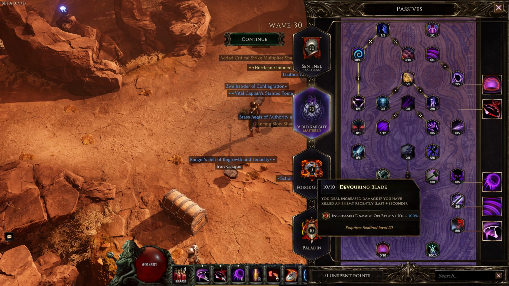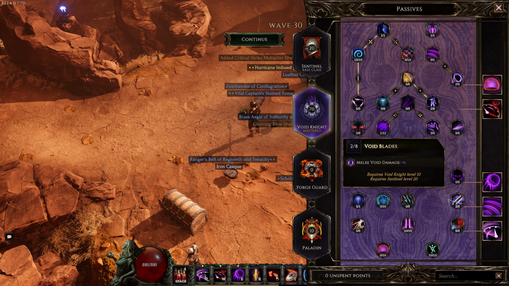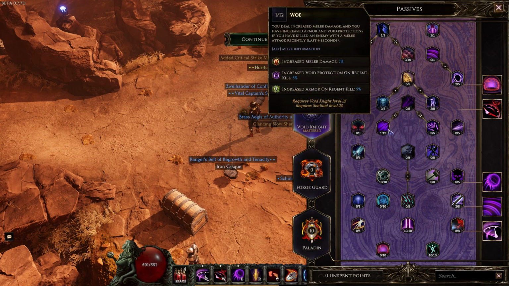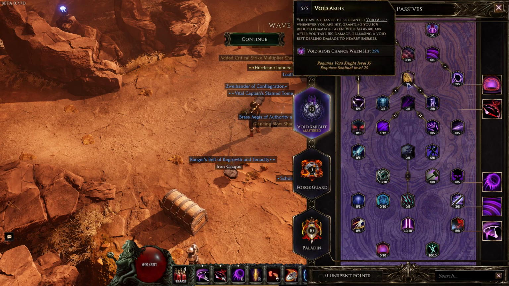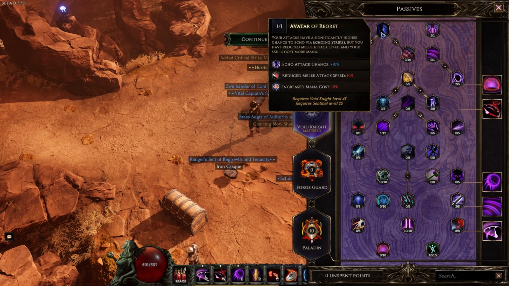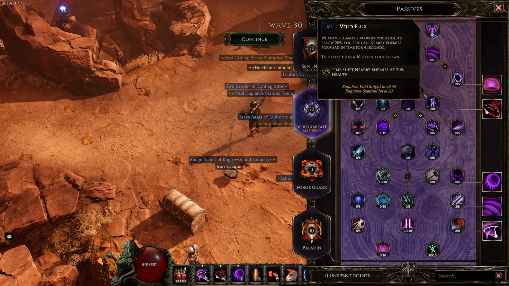We have 10 points in Devouring Blade, 8 points in Rune Eater, 10 points in Sorrow and Still, 2 points in Void Blades, 10 points in Future Strikes, 3 points in Rot Grip, 1 point in Woe, 2 points in Eternal Form, 5 points in Void Aegis, 5 points in Echoing Strikes, 10 points in Time Legion, 1 point in Avatar of Regret, 2 points in Essence of the End, and 1 point in my new favorite, Void Flex, which